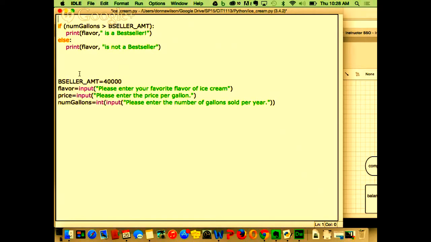So I'm going to go down here. This is my constant. Here's where I'm doing the input. But there's only one thing that I need to pass to the function, right? What do I need to pass to the function for it to work? If this is the main and this is my function, so it says def, and this is going to be a message.